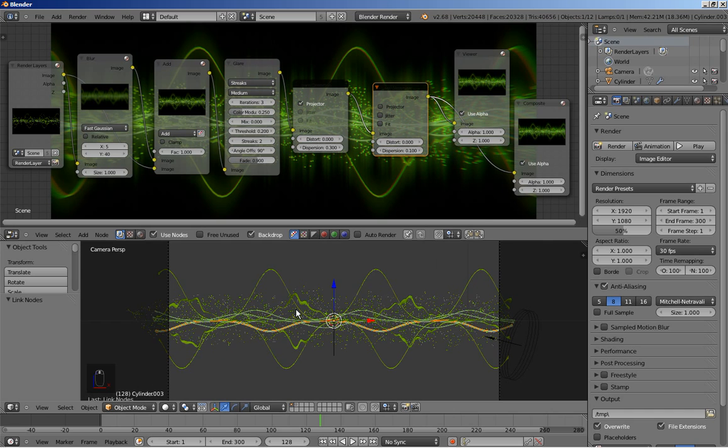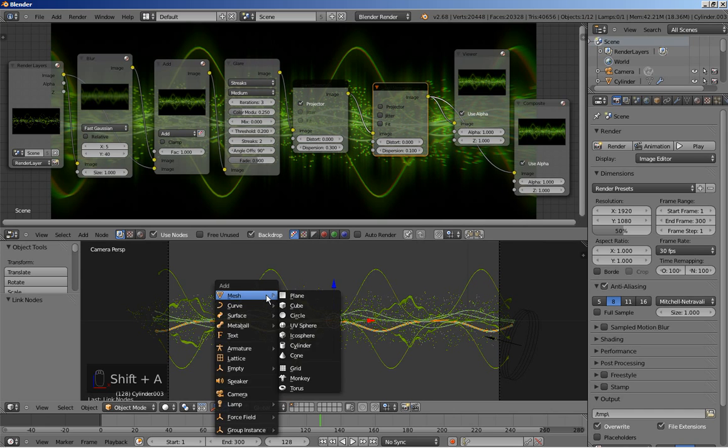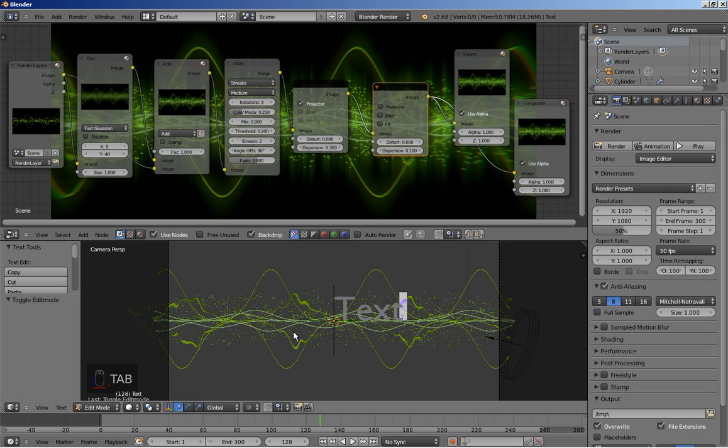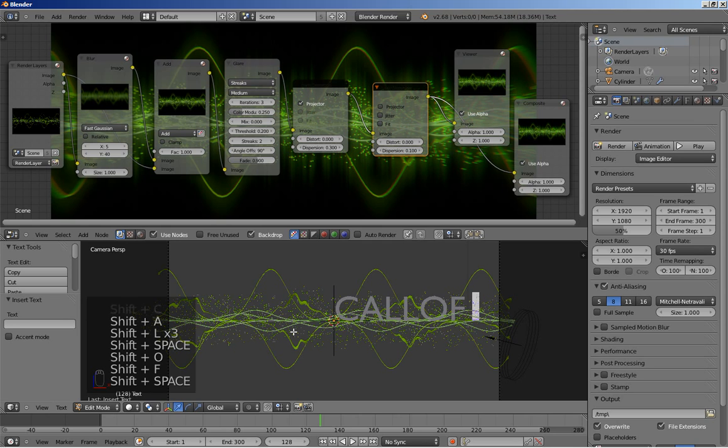Now let's add some sort of text for our scene here. I'll hit Shift A and add text. I'll hit R X and 90 to rotate the text 90 degrees on the x-axis, so I'm having it facing the camera, and hit enter. I'll hit the tab key to switch to edit mode for the text, and when switching to edit mode for the text you can alter the input text. And I'm going to write down here Call of Blender,